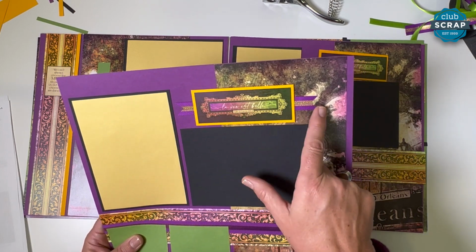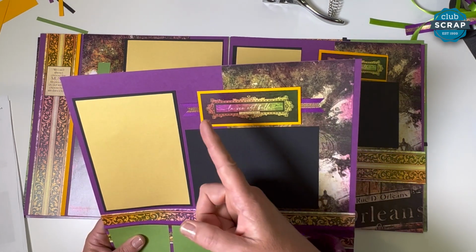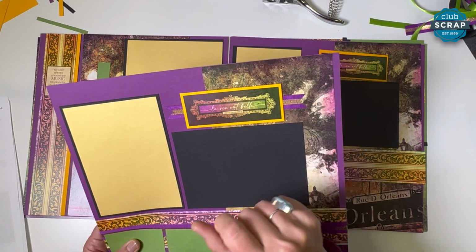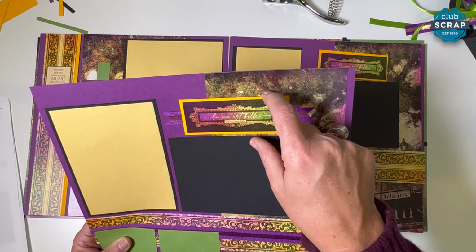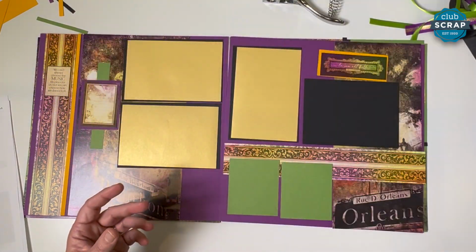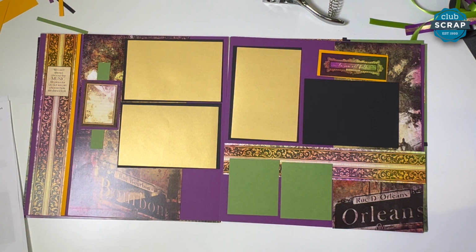And I cut a little V into each end. If you don't have enough, just fake it, right? Get rid of the ribbon that would have been in the middle. This has been nested and attached with foam adhesive, made a really easy yet eye-catching embellishment. Now on the other side,